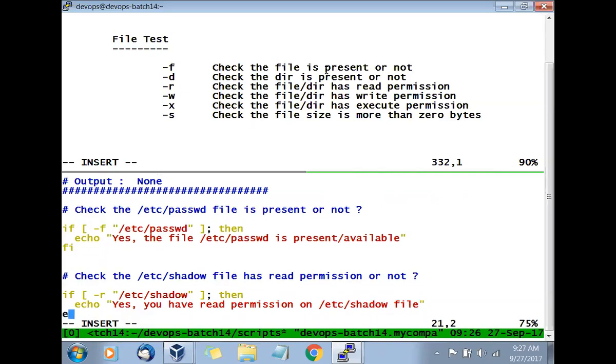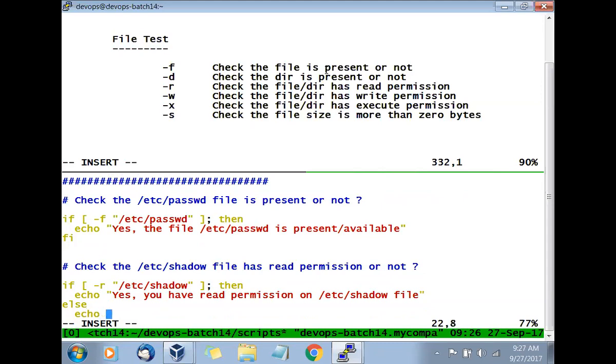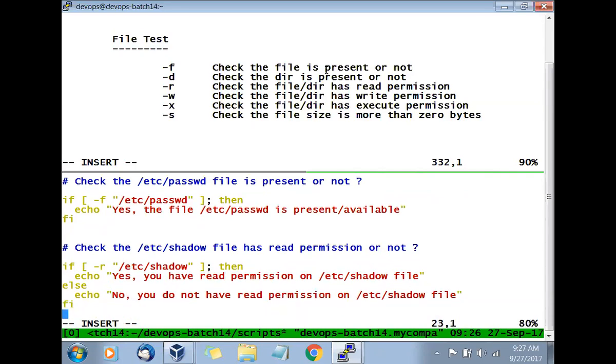Else, you can say echo no, you do not have read permission on the file. Simple.